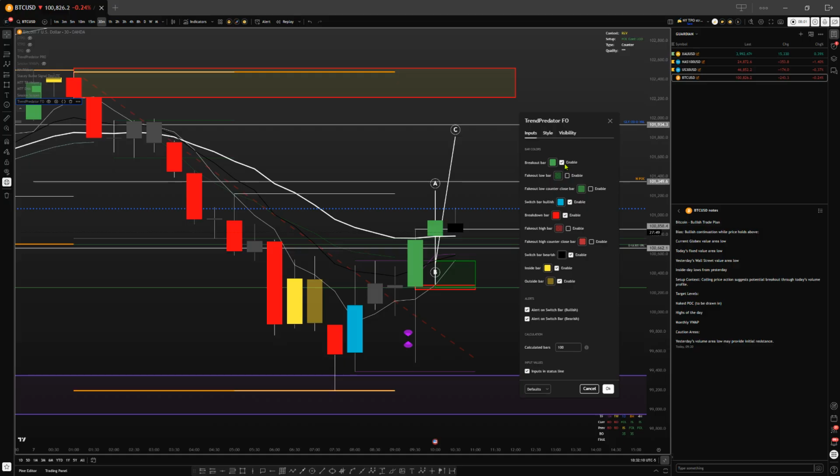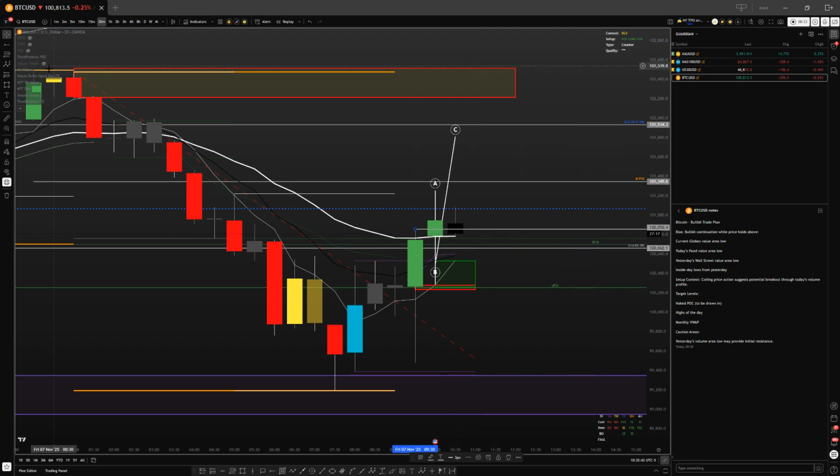What this is giving us is, first of all, a fake out low candle here, which is what we got in on, which essentially swept below the lows and pushed up for a breakout close. And then we got a secondary breakout candle at the close of that half an hour. So this is an important half an hour for this setup because we now have a switch level. As you can see, the highlighter is